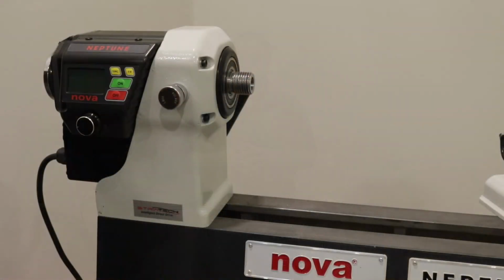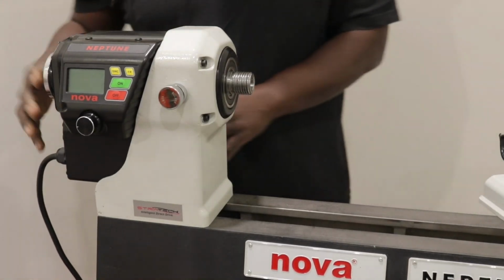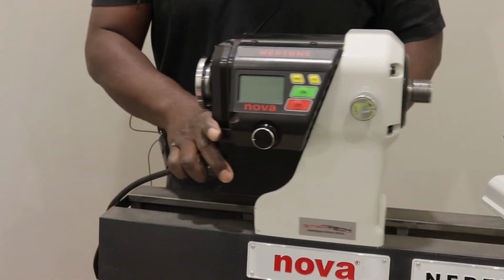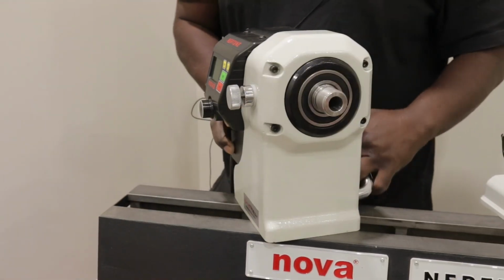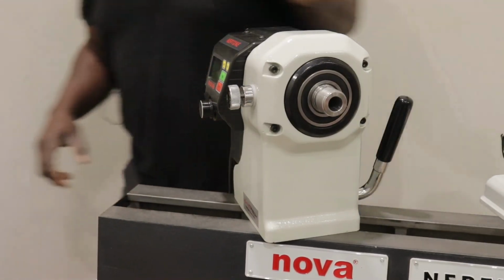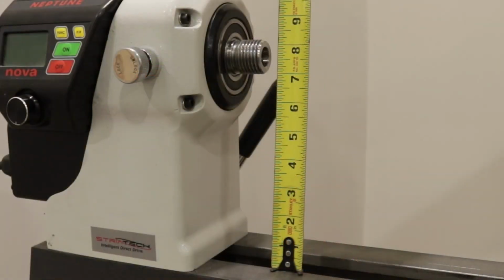Now, before we look at the extraordinary features that set this lathe apart from anything else that's available on the market, let me give you the rundown on the specs. At the heart of the Neptune series is its robust cast iron headstock. This headstock not only swivels, but also slides along the length of the bed, providing unparalleled versatility, ergonomics, and convenience for your woodturning projects. With a staggering 15 inches of center height, the Neptune allows you to work on larger